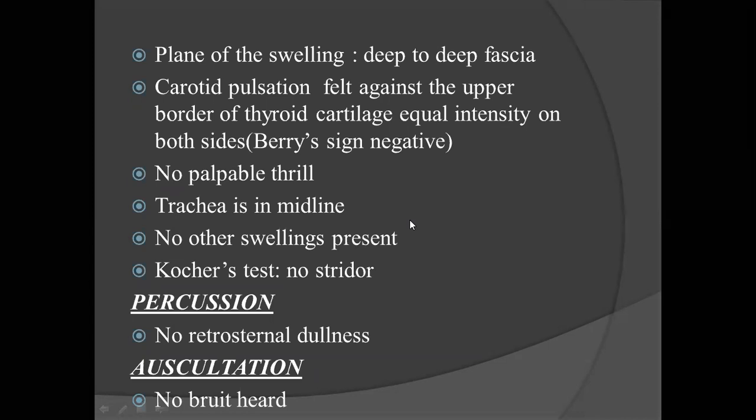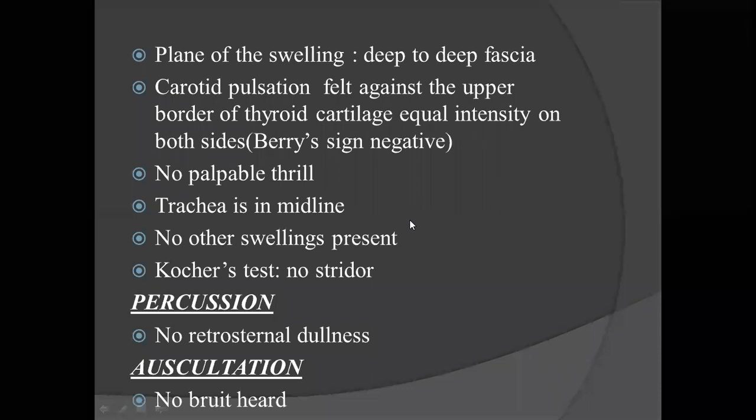Suppose you have multiple nodules and you want to find out, then you come to the front and ask the patient to swallow and use your thumb to palpate over the thyroid gland to see whether the swelling moves up and down when the patient swallows. With the thumb, if you see ups and downs, that means it might be a multinodular goiter. This method of using the thumb from the front of the patient is called Kocher's method. Okay, it's called Kocher's method.